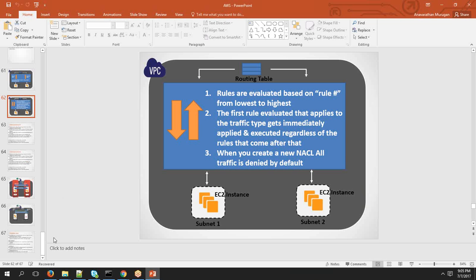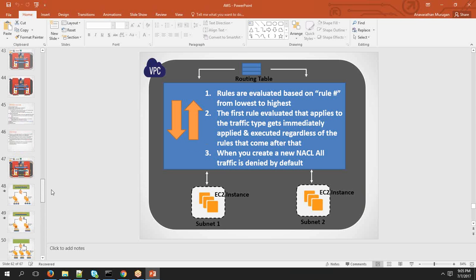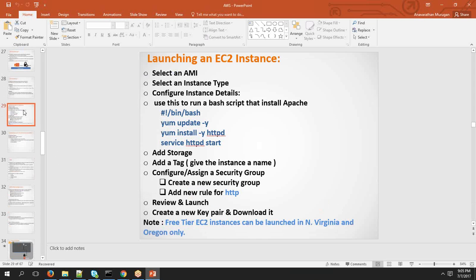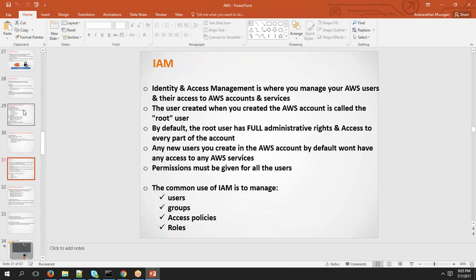Now, when you're actually working, what will happen is, in the organization, not everyone will be creating an account, right? Because for our practice, we are going to create one AWS account. But in an organization, when thousands of users are going to use it, you cannot ask them to create a separate account and give the username and password and a specific payment. All those kind of things will not happen. So that is when